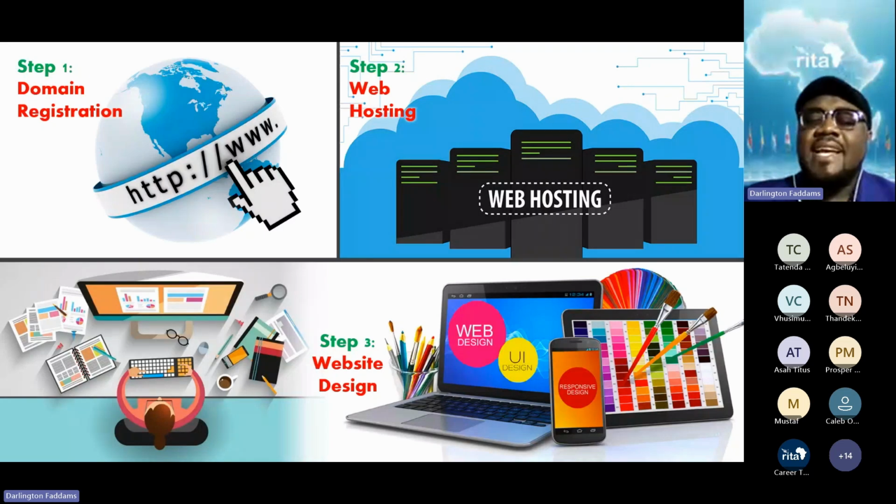And the final step is the designing of the website. The website designing is done offline, or you can work on it online as well, but it is done on your personal computer. When you are done, you ensure that all the files that make up the website are uploaded onto the web hosting server. Once the files are on the server, there is a way to connect your domain name to the server using something called name servers. If you can hear me for the first time tonight, please type name servers in the chat for me. Name servers in the chat.